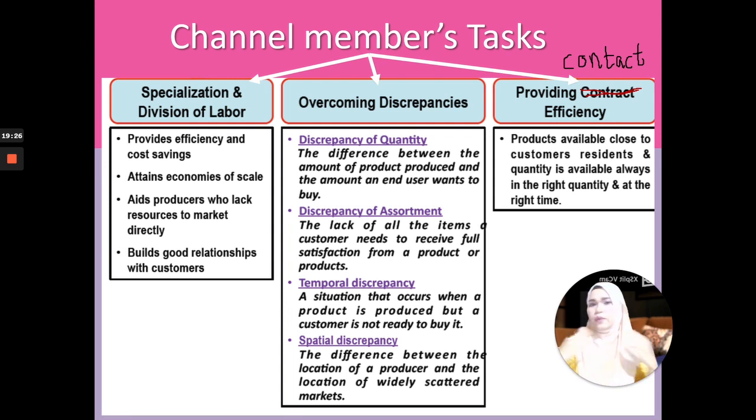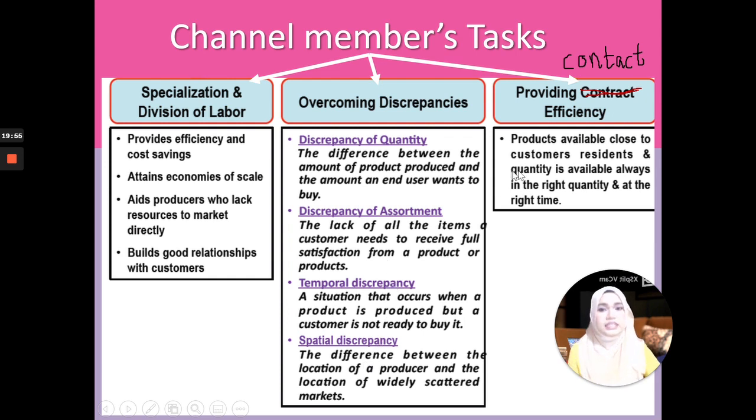and retailers will bring that particular product everywhere. Let's say for example 7-Eleven. 7-Eleven is everywhere, isn't it? You can find it everywhere in your neighborhood. So instead of me opening up my own shop, I might as well just ask 7-Eleven to sell the product for me, so that I don't have to rent a shop lot and hire workers to sell the products that I am selling. So that is what it means by the spatial discrepancy.